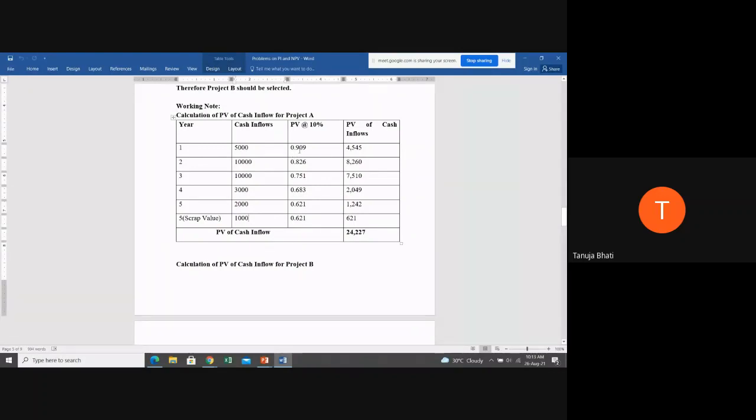Now we need to find out the present value of all these future figures. We have to find the present value at the rate of 10%, because the discount rate is already given in the problem as 10%. Now, can any student tell me which table I should refer to in order to get these factors? Table number 3.